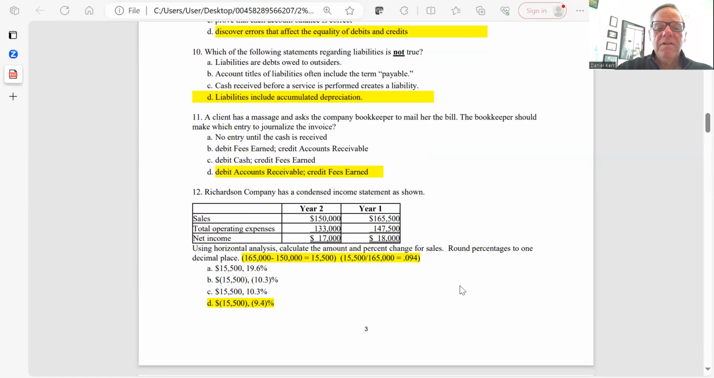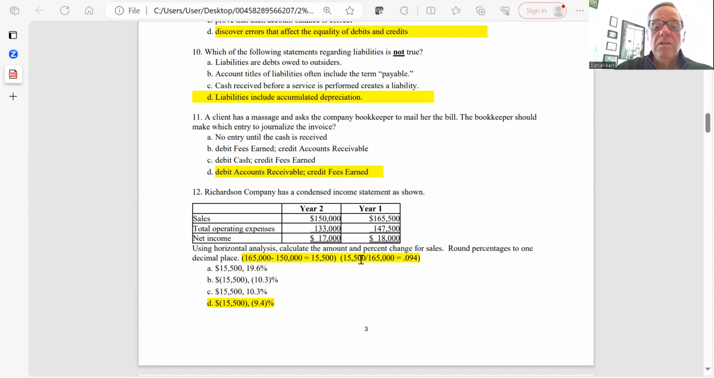Next one has to do with horizontal analysis. And this is the one where I made a mistake in my original grading for some of you. Horizontal analysis means we put the 2 years side by side, so year 1 followed by year 2. We get the dollar difference, which in this case is 165,000 down to 150,000. So you've actually got a decline there,